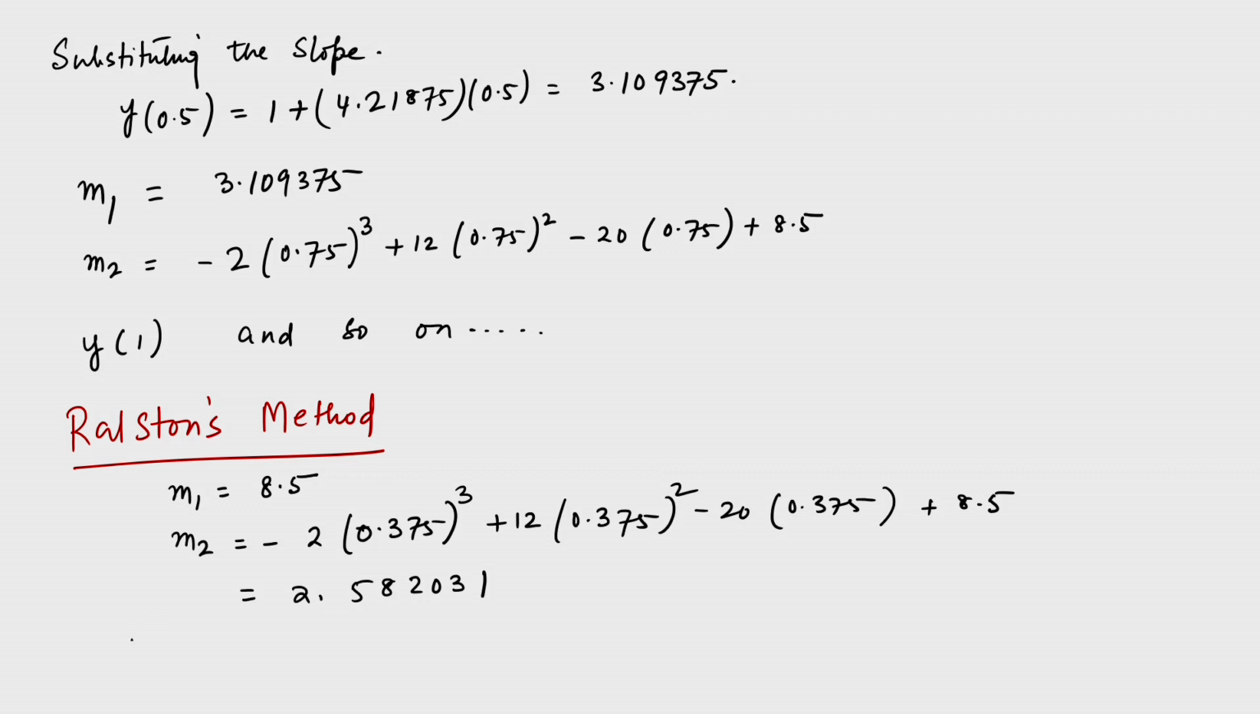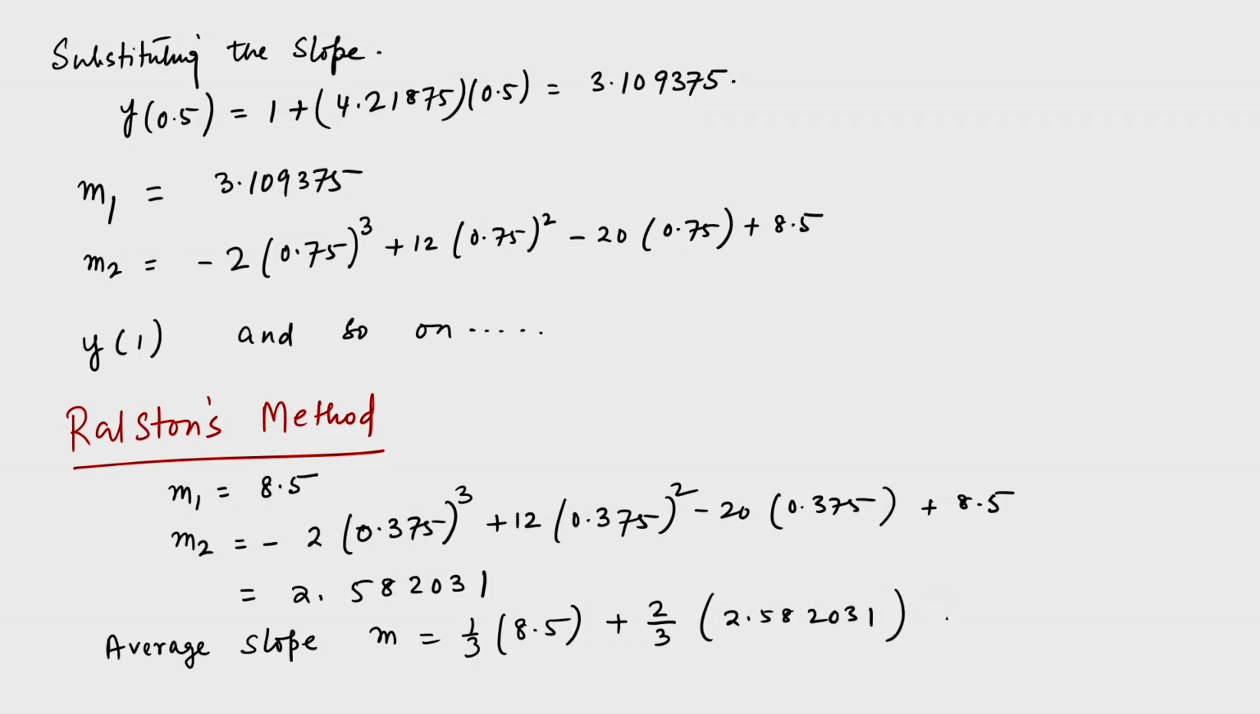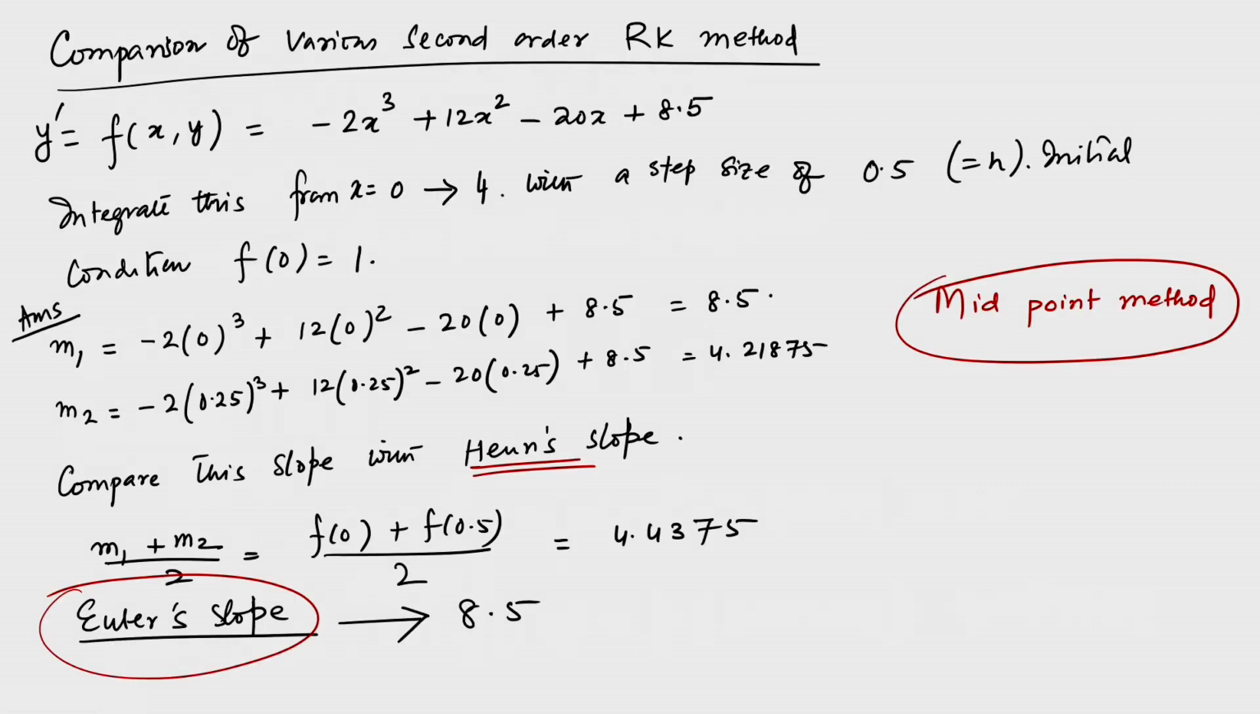So, the average slope or rather the effective slope, whatever you want to call, this is equal to 1/3 of 8.5 plus 2/3 of 2.582031, and this is nothing but 3.277344. So, you see that the Heun slope is